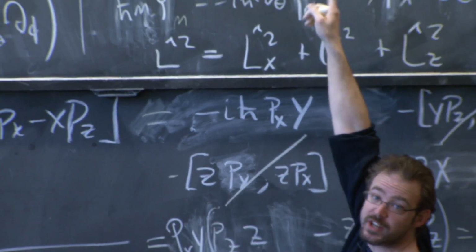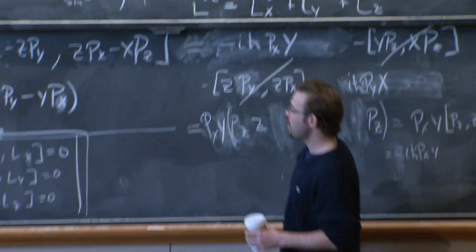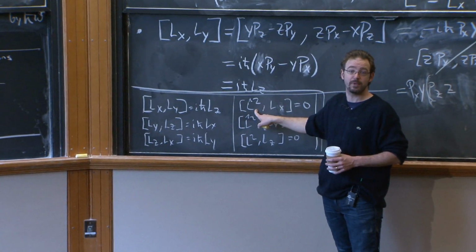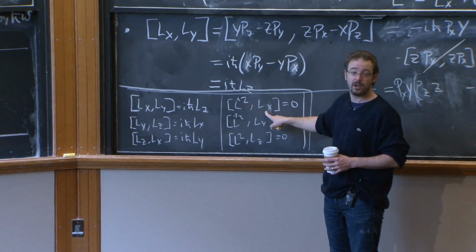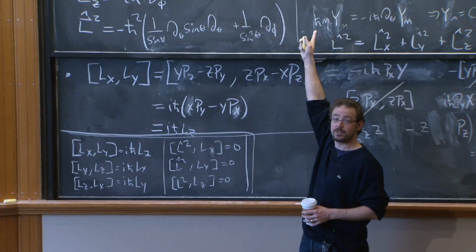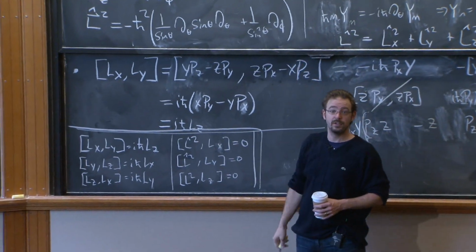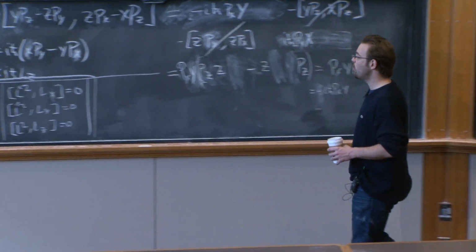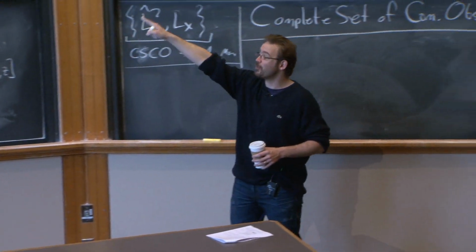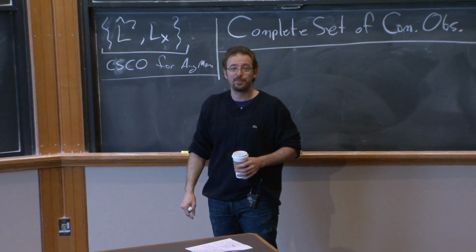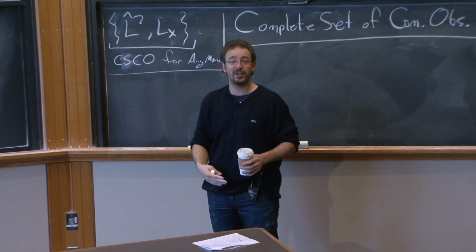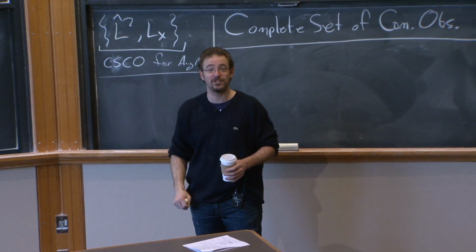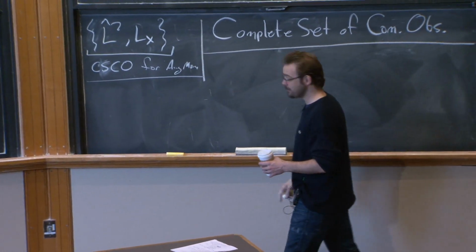It's built in that fashion out of x and py. And then I literally just put in the definitions of Lx, Ly, and Lz into that expression for L squared and compute the commutator with Lx, again, using the definition in terms of py and z. And then you just chug through the commutators. Yeah, it just works out. So it's not obvious from the way I just phrased it that it works out like that. Later on, you'll probably develop some intuition that it should be obvious. But for the moment, I'm just going to call it a brute force computation. OK, and that's how you're going to do it on your problem set.